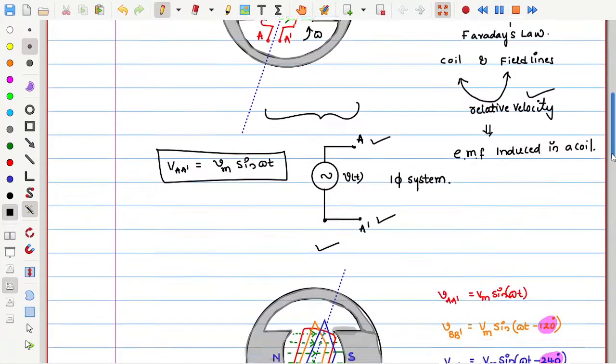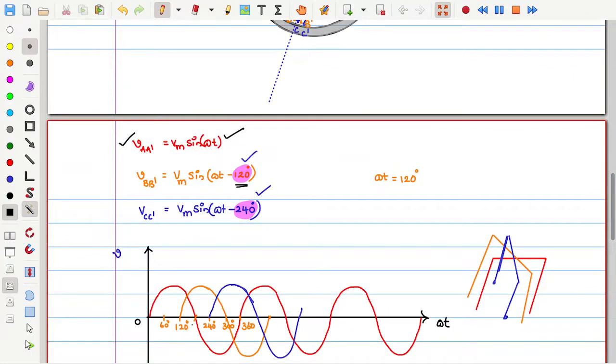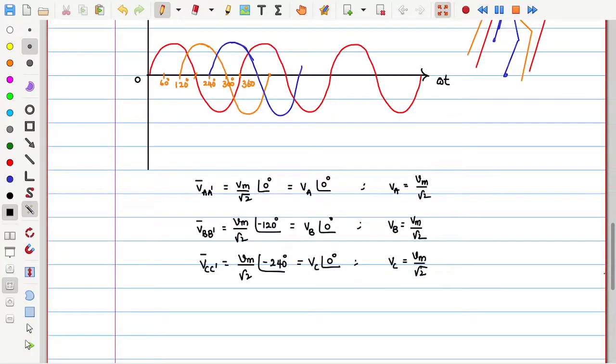Now if we have two more such coils, those two also produce induced EMFs in the Vm sin omega t format. All together we call this a three phase voltage. Now if you see these three phase voltages,